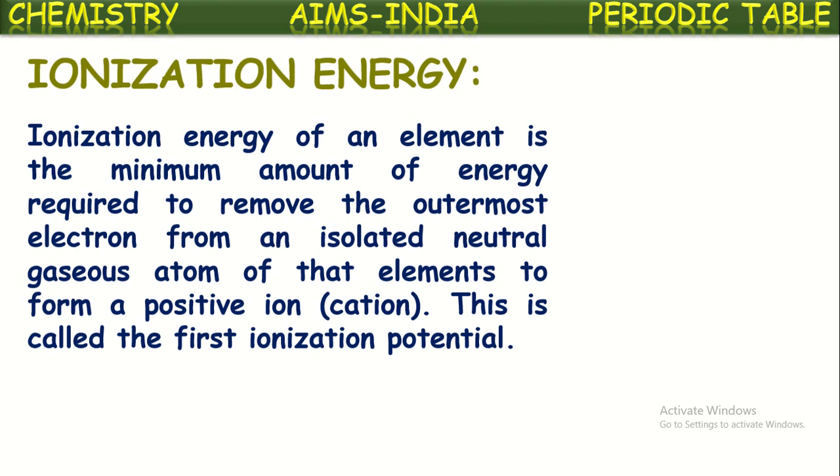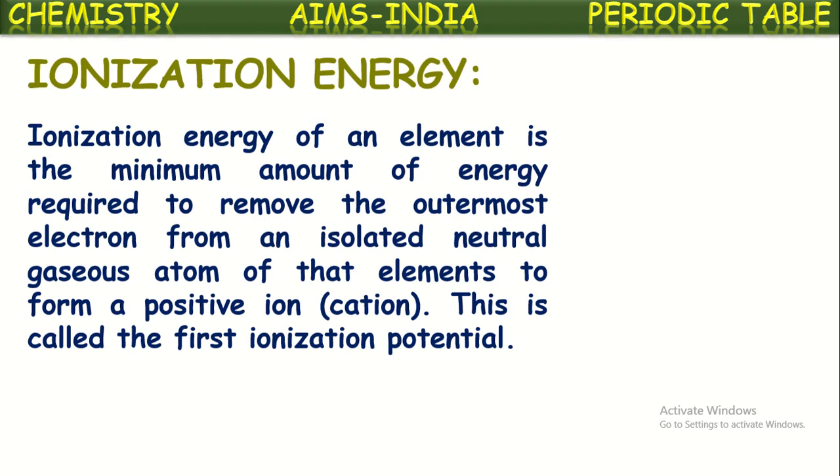Ionization energy of an element is the minimum amount of energy required to remove an electron from the outermost orbit of an isolated neutral gaseous atom to make that element a unipositive ion, that is a cation. By the removal of that electron, the element becomes a unipositive ion. The amount of energy required to make it a unipositive ion is called ionization energy,